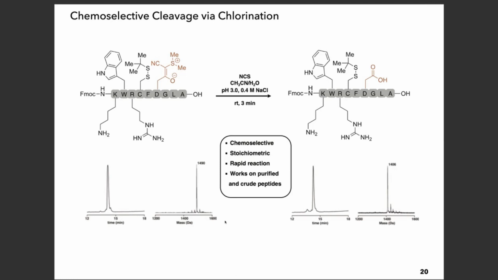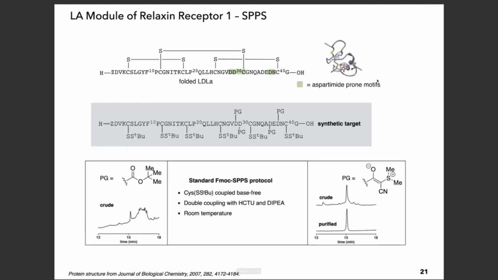And so we can then incorporate it into longer sequences and examine cleavage conditions. And again, using a very rapid reaction, so NCS in aqueous acetonitrile at pH 3, it takes just a couple minutes to cleave the sulfur ylid to the carboxylic acid. So this is the starting material here with the sulfur ylid, and this is the cleaved one, which is now the free carboxylic acid. And so with that established, we went back to these targets that we were interested in,